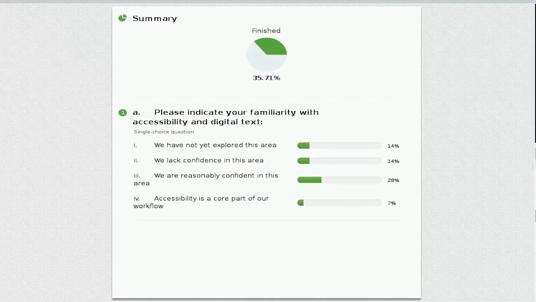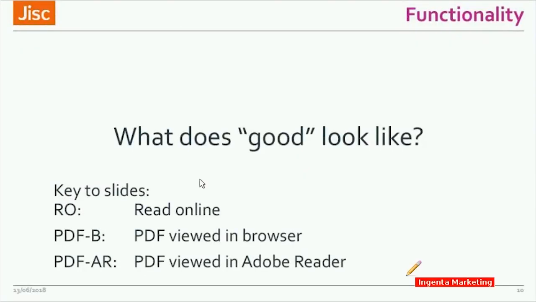But what's important is not just having good practice in place, it's also making sure that your end users know what good practice they can look for and know what they can expect. So back to the slides. Now, there's a bit of a key at the top of some of these slides, and this isn't on the Ingenta platform. In fact, I can't remember which platform this was on, but it's some slides from something I was doing recently, and it shows some nice elements, so I thought I would use those with you.